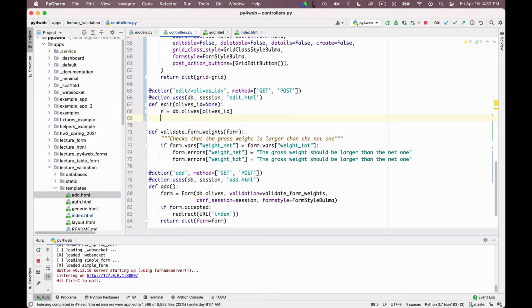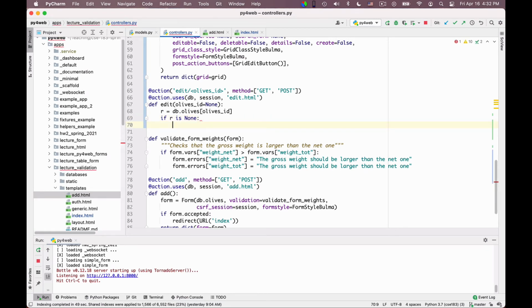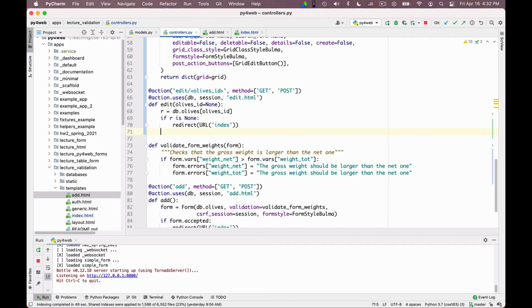So this reads the record. And then I can do, if the record is none, this should actually not happen, okay? But I just put it for safety because the user could always tamper with the URL. And so in this case, I send the user back to the index page, so that I don't do anything.